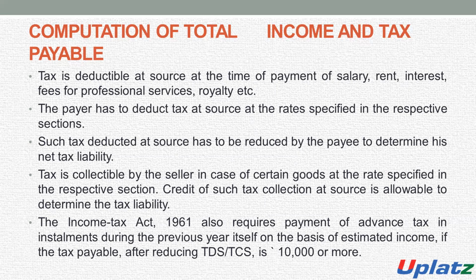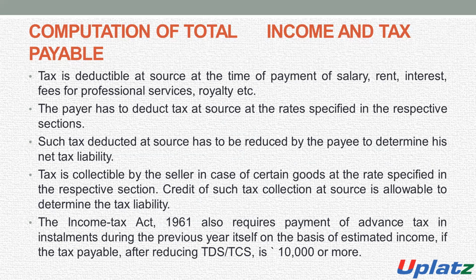The Income Tax Act 1961 also requires the payment of advance tax. Means if there is any assessee whose estimated amount of tax payable is 10,000 rupees or more than 10,000 rupees, then such assessee is required to make the payment of advance tax in 4 installments: 15%, 45%, 75%, and 100%. And it will be required to be paid